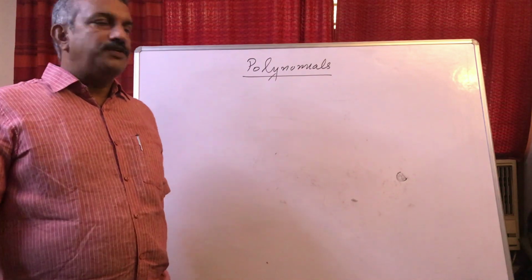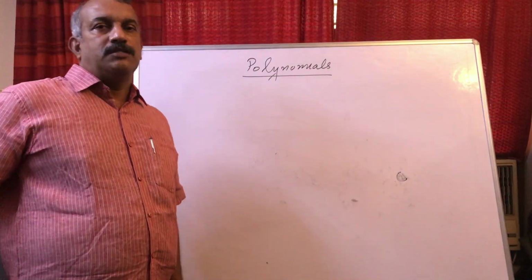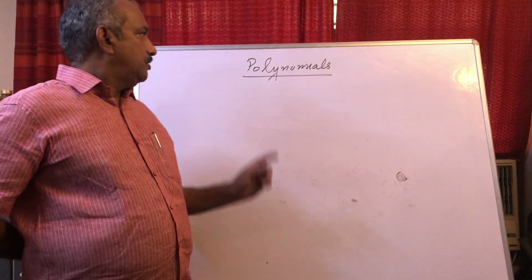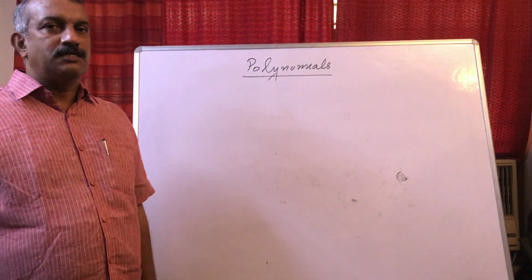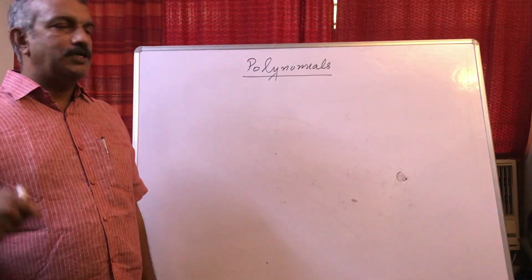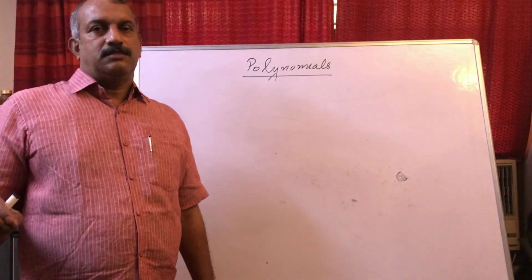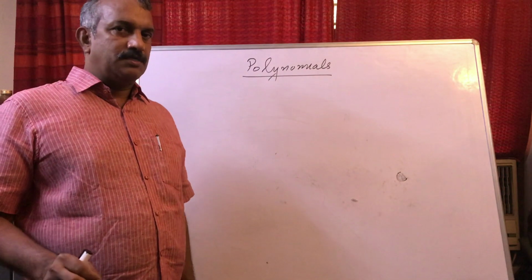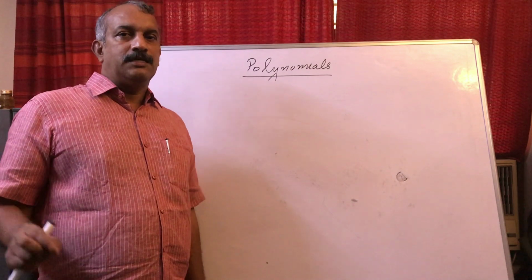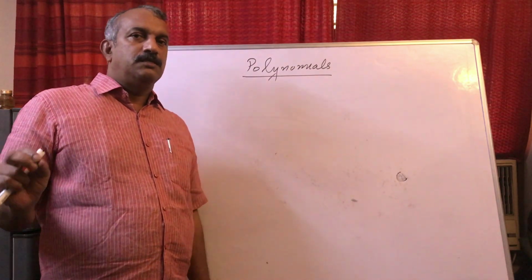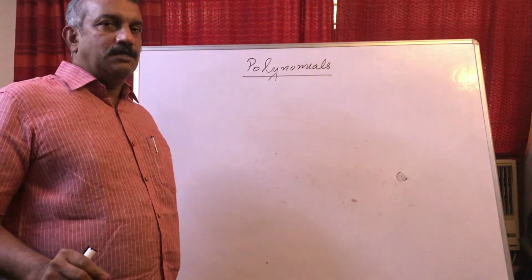In the last two videos we finished real numbers, and today we are going to start with polynomials, the second chapter. Now, the term polynomial suggests expressions with many terms, but the actual definition of a polynomial is a little different. Any algebraic expression in which the powers of the variables are 0 or any positive integer is considered a polynomial. So the condition is that the powers of the variables should be 0 or any positive integer, then it is considered